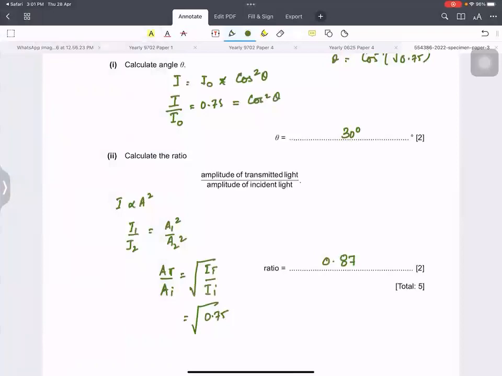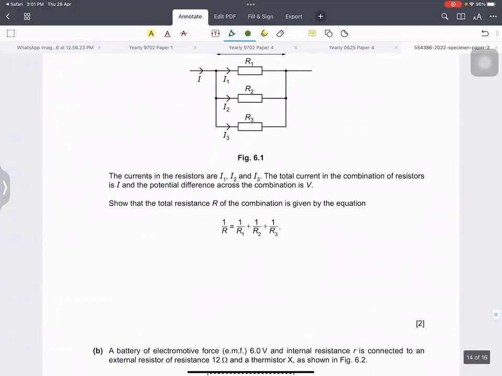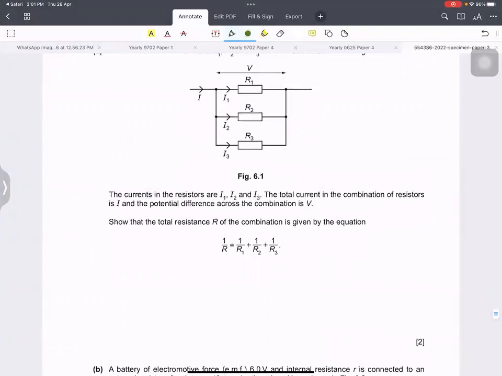Pretty good, right? So between accelerations, it would be this. Any questions now? All right, now going to this one. It says show that the total resistance is given by the expression. Fine. So what you do,